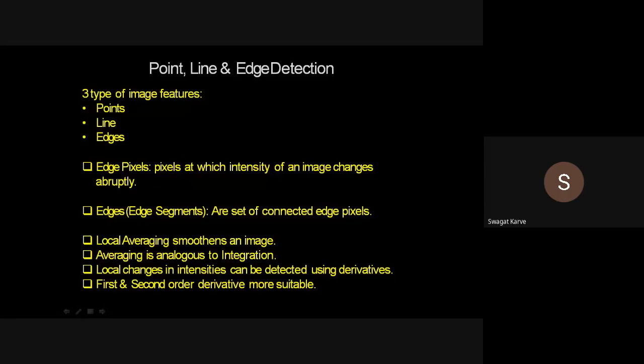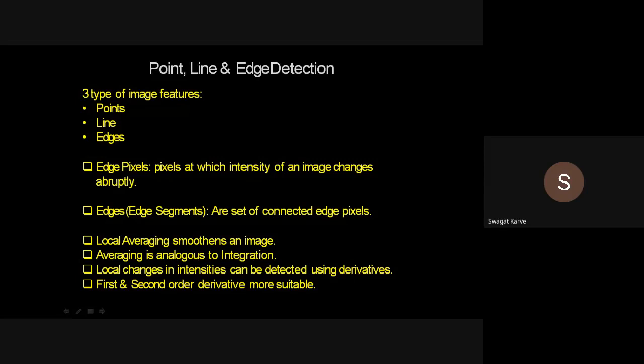So now we will discuss the point, line, and edge detection processes, right? So the next part of this image segmentation is point detection, then line detection, and edge detection. Okay, so we will talk about this point, line, and edge detection. Okay, up till now what we have discussed, all of you clear with this? All of you understood? Yes, sir. Okay, so